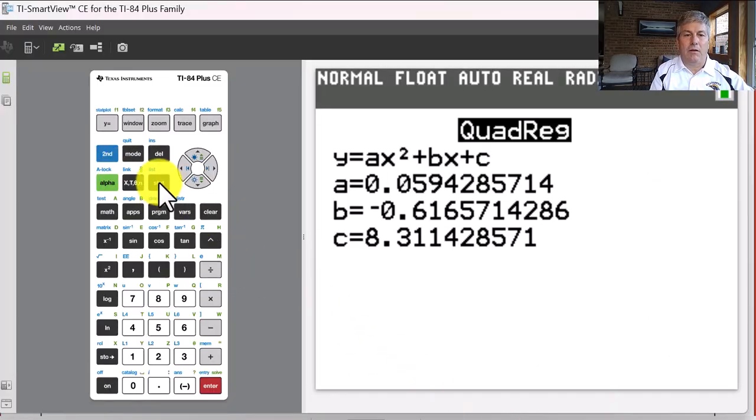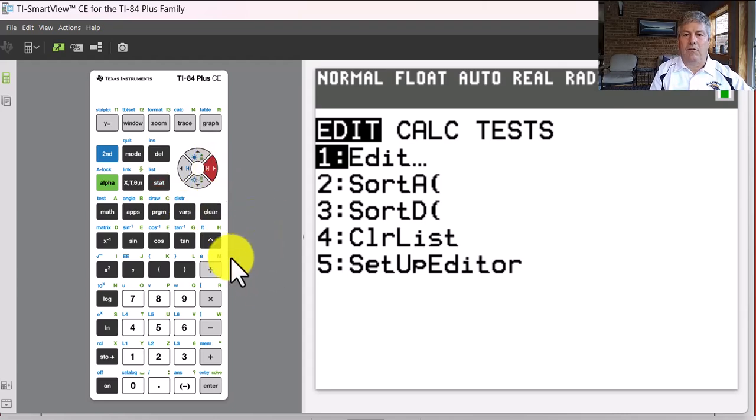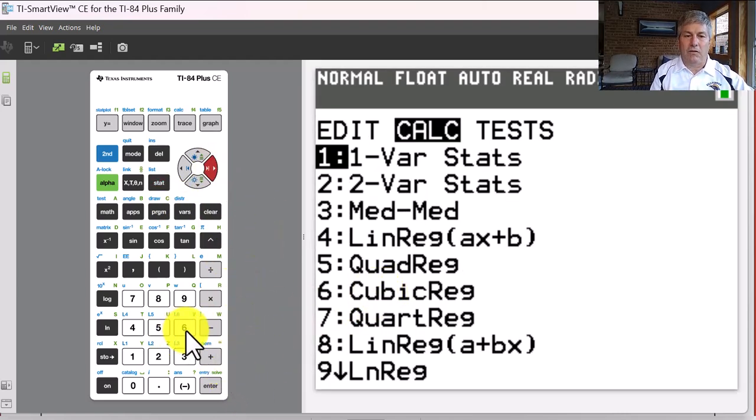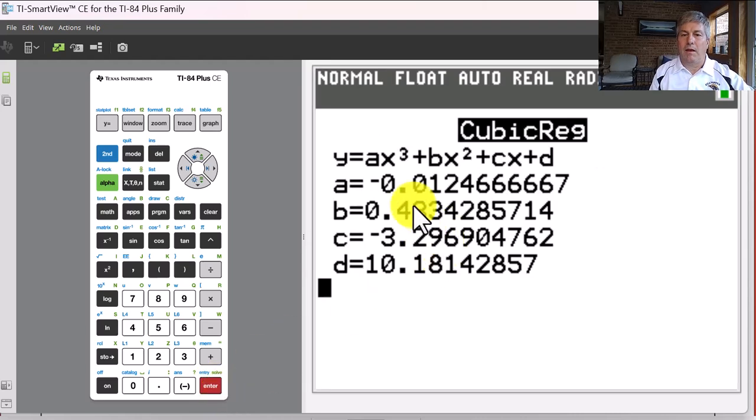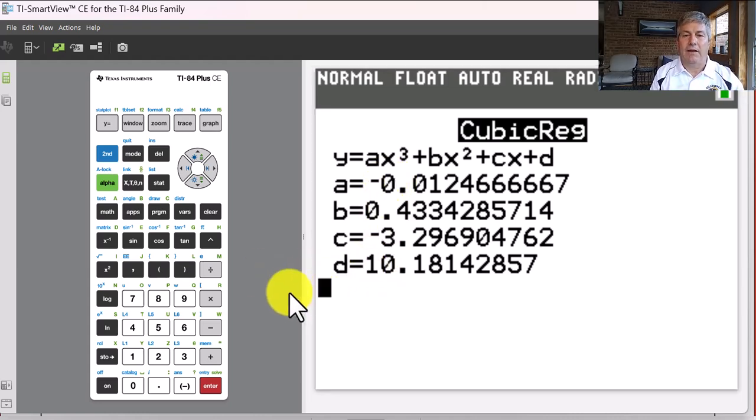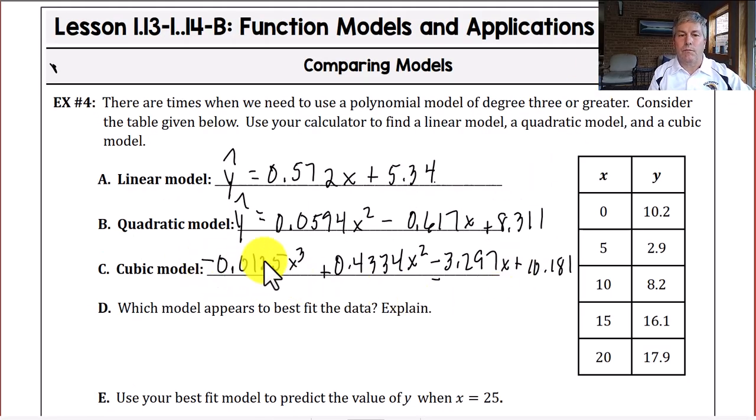Back to our calculator, and Stat, Calc, cubic, looks like that's 6. We're using our same lists, lots of enters, and now we have a cubic function with a, b, c, and d, and we'll record all that information, write that down on the side. There's probably a way to get this right into y equals, but I'm going to write it down and I'll put that in separately. So I've recorded the cubic model with the correct a, b, c, and d values,